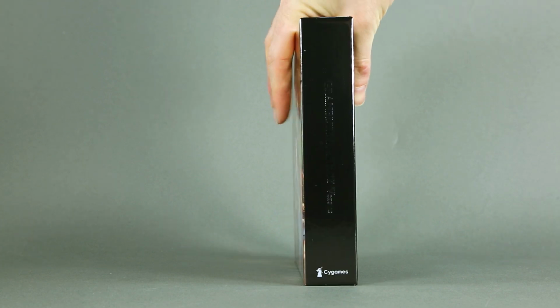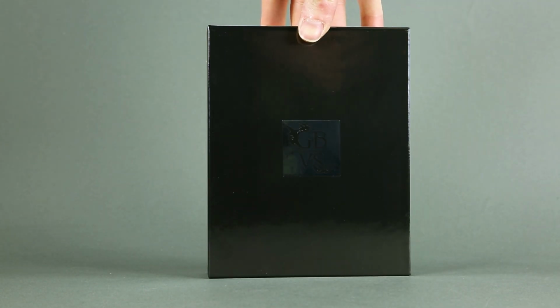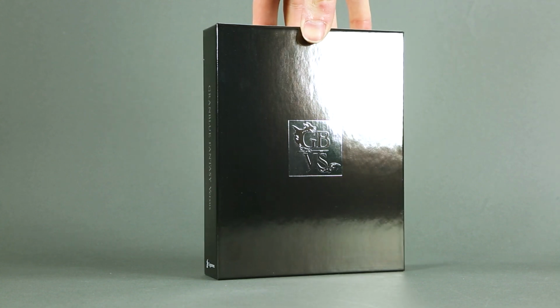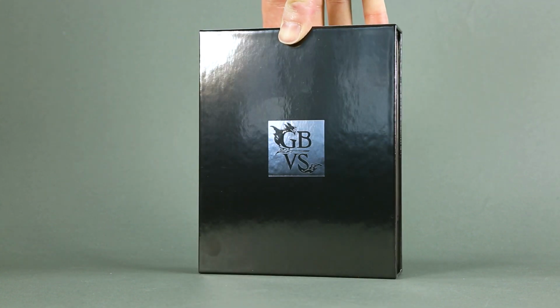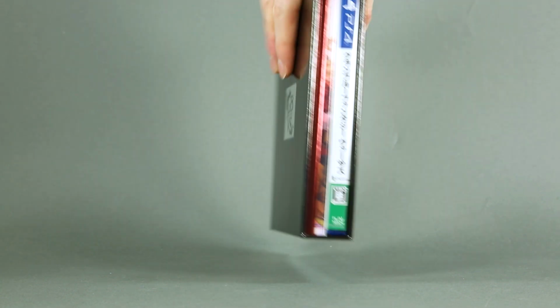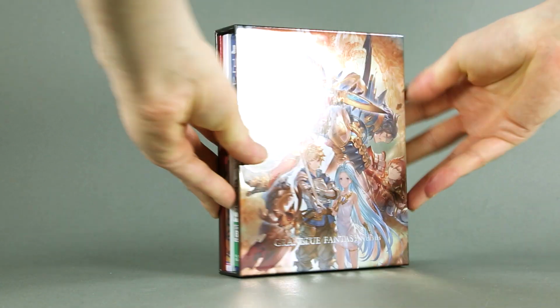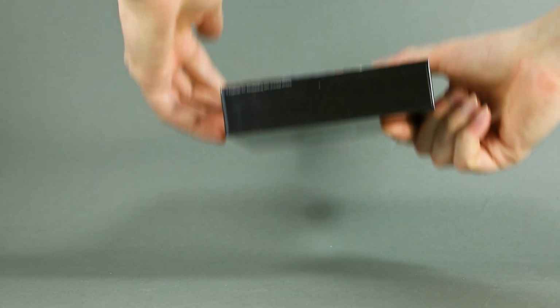But on the side just the title of the game, on the back nothing but the logo of the game. Let's see if I can... okay. Now you can clearly see it. And on the other side the contents. But before those, top and bottom, absolutely nothing. So,